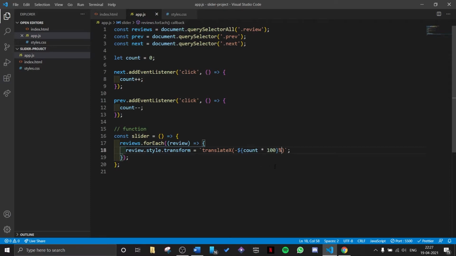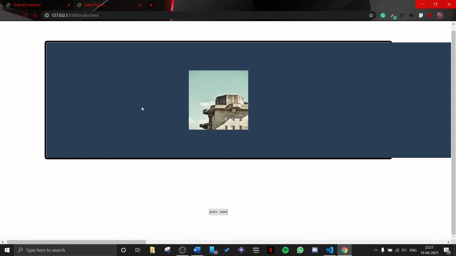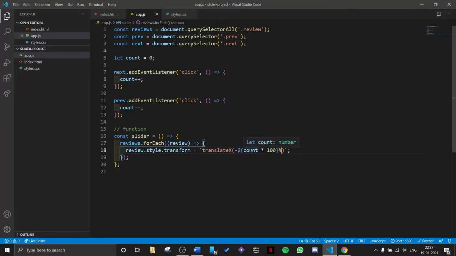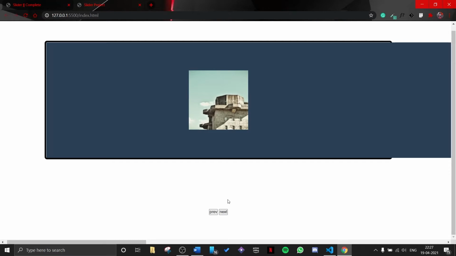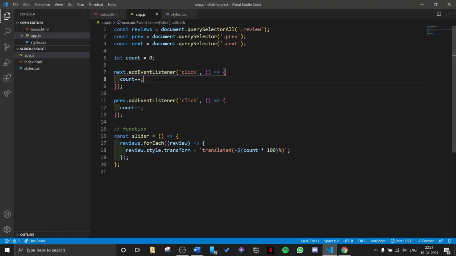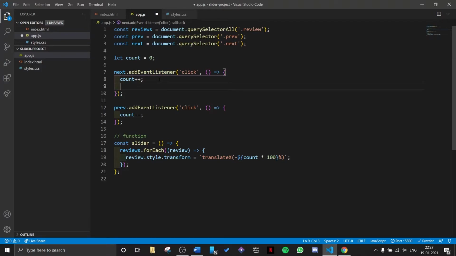So let's understand the logic here. Initially, when I'm on the first article, our count is what? 0. So we will move by 0 times 100, 0%. That means we won't move at all. For the second slide, let me just simply call the function for the button.